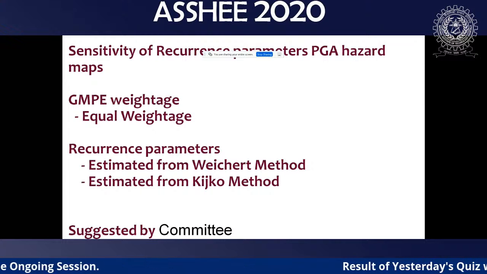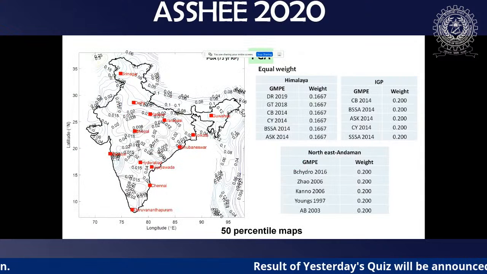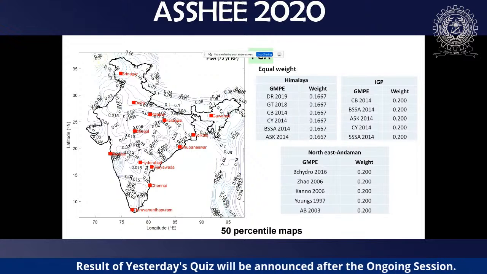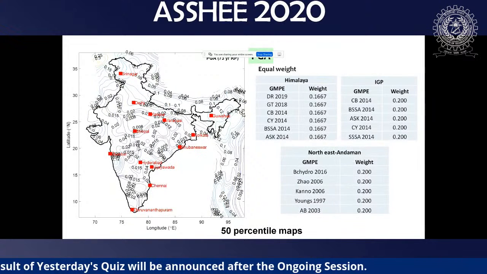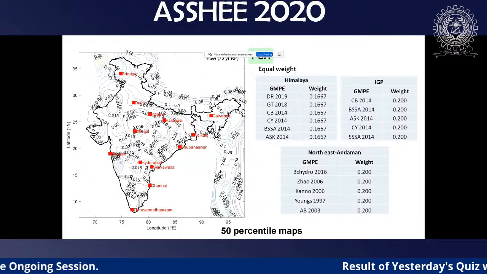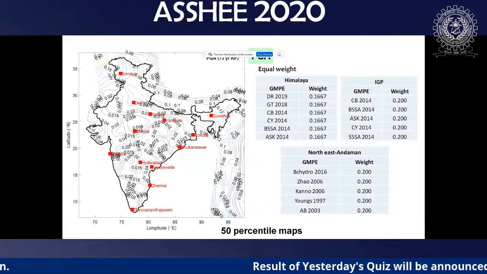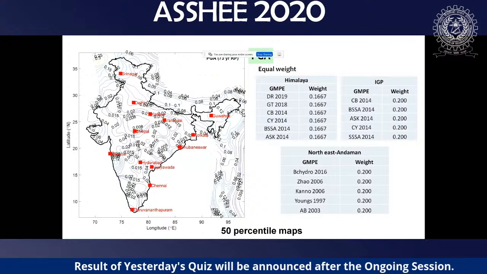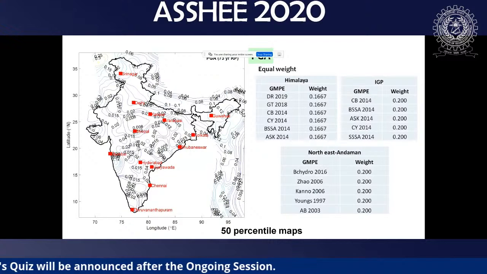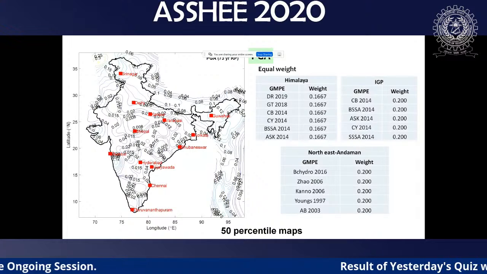So we have done some sensitivity studies on these recurrence parameters also. If I change the weights, we have several results. I'm just showing you a typical, very small thing. If I take equal weights, what happens? What we found out was, with the GMPE weightages, the second decimal in some regions, like the Himalayas and other regions, is sensitive only. But some places are there where even the first decimal has a sensitivity. But this doesn't alter the numbers that drastically, the weightages of the GMPEs.